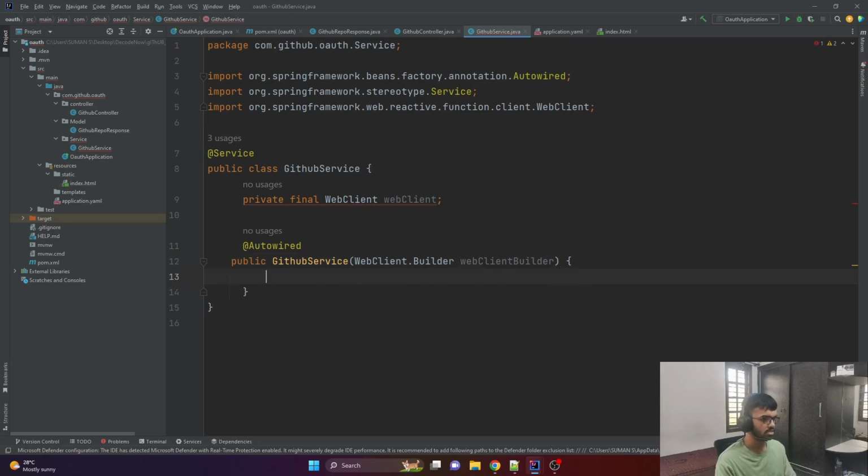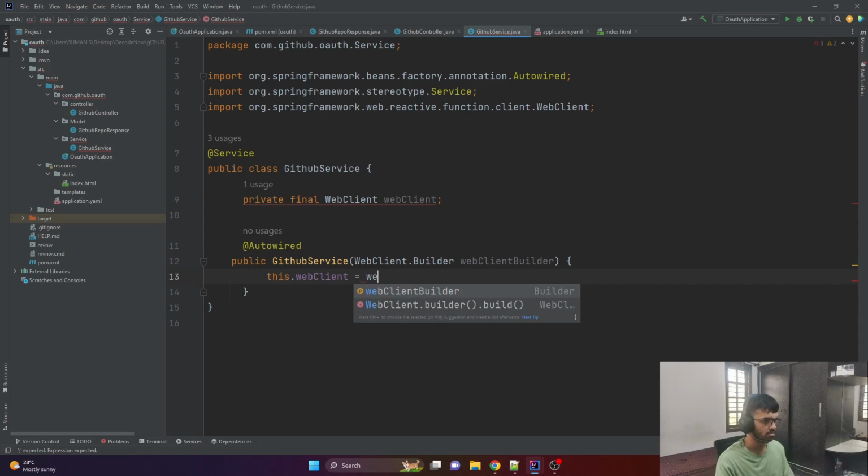And inside this, we have to say this dot web client equals. Here we'll have to add the base URL of the web client. In our case, it is github.com. So I would say something like web client builder